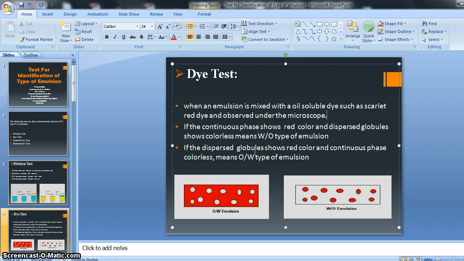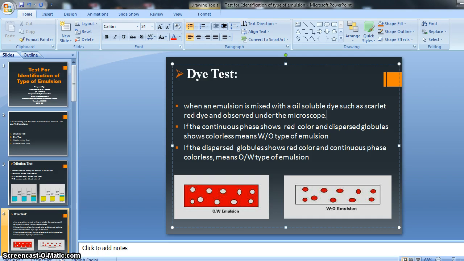Without a microscope we can't identify the emulsion by dye test. With the help of the microscope we can determine whether our preparation is oil in water type or water in oil type.